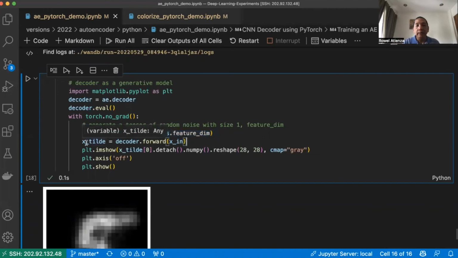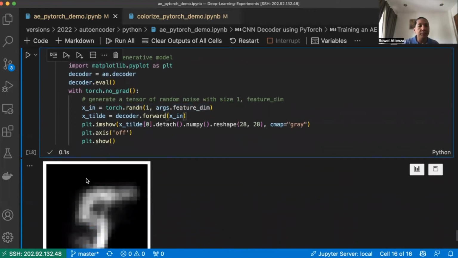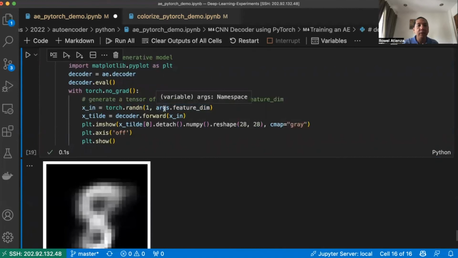Now, that number or those numbers will be used in the latent vector, which we will then inject to the decoder, and let's see whether the decoder can generate random digits, MNIST digits. Okay, so this is the first one. It looks like 5, and if you keep on pressing this, keep on sampling, you will generate different MNIST digits